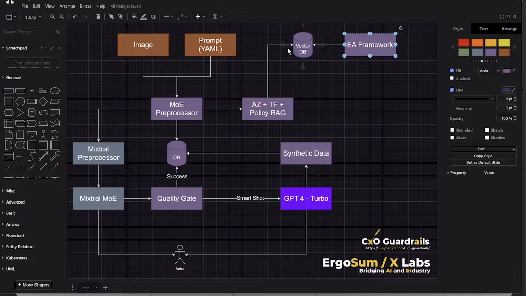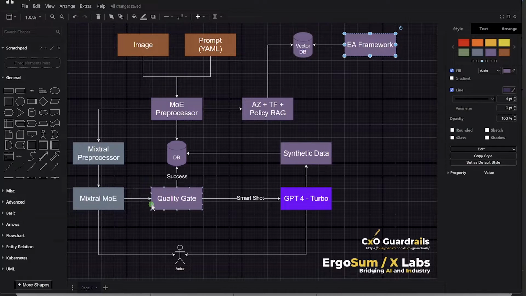And everything is being stored and vectorized into a VectorDB. Using this RAG, I would like to see if I am able to generate actionable content out of my image, which is a diagram, and a prompt. If Mixtral MOE fails to deliver the quality gate, then the quality gate invokes a smart shot.